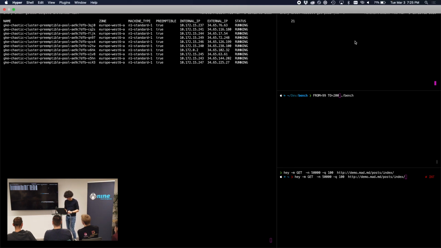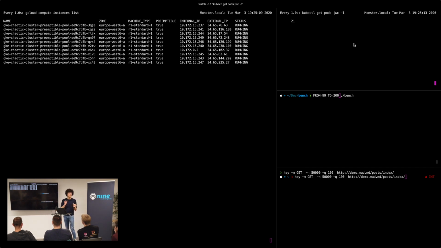Basically, it will increase the number of pods that you have for your deployment based on a certain metric. In my case, it's CPU. So when it reaches 50% CPU utilization, it will spin up another pod. And that's the benchmark. And this is a second benchmark just for GET.